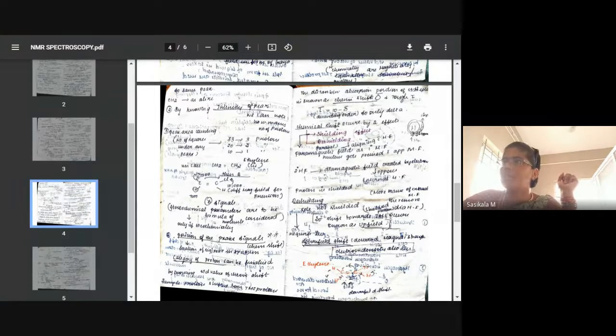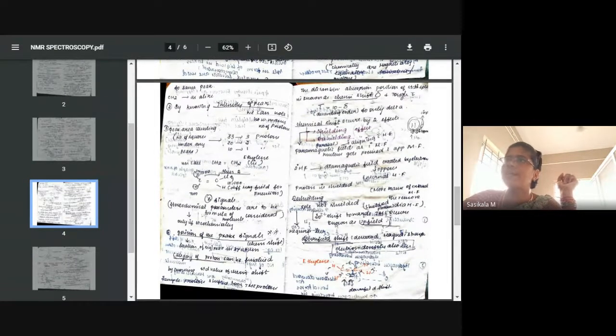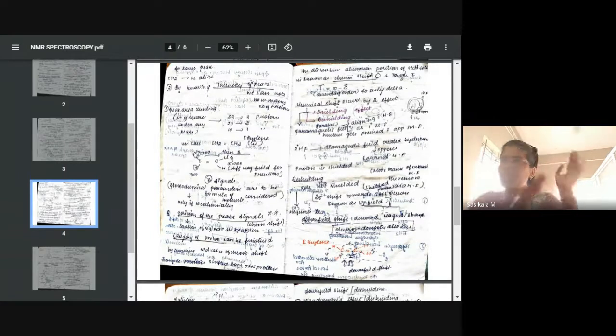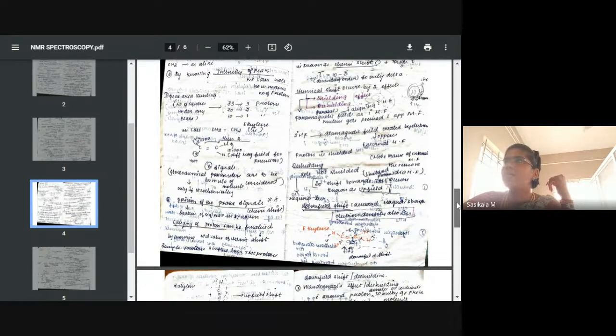Now chemical shift is caused by two effects. It is shifted from the standard due to two effects called the shielding and de-shielding effects. It is very important in NMR. When NMR interpretation comes, these are all the parameters you have to look after. You will be doing this in the practical, so kindly note down all the parameters. You have to look at all the parameters and write down the interpretation. So what are the two effects? Shielding effect and de-shielding effect. What do shielding and de-shielding mean? Consider, see this picture.